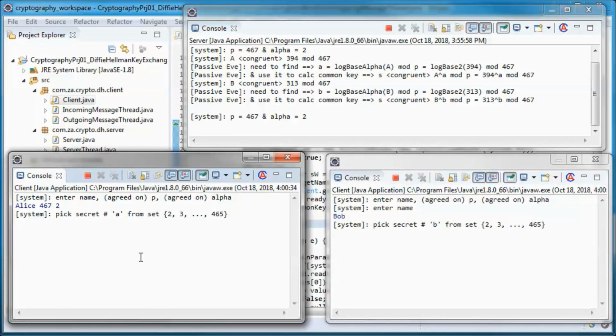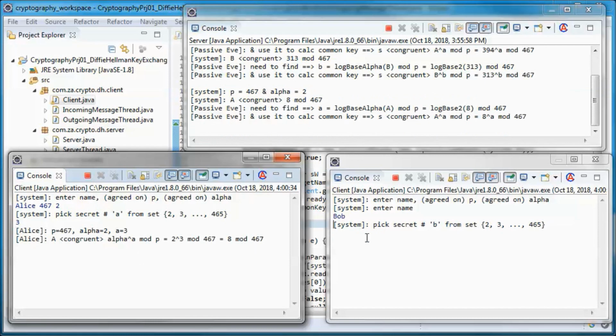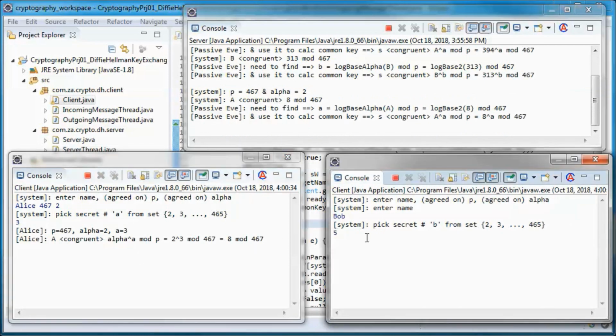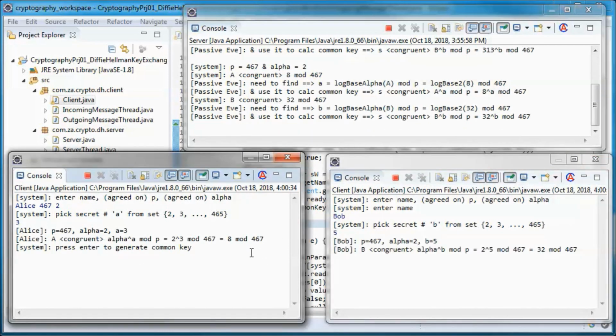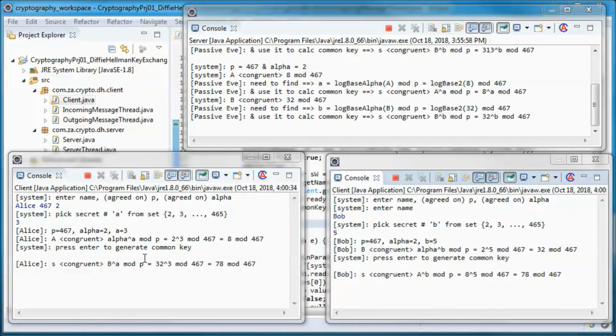And let's do A is 3 and B is 5. So the common key calculated is 78 mod 467.